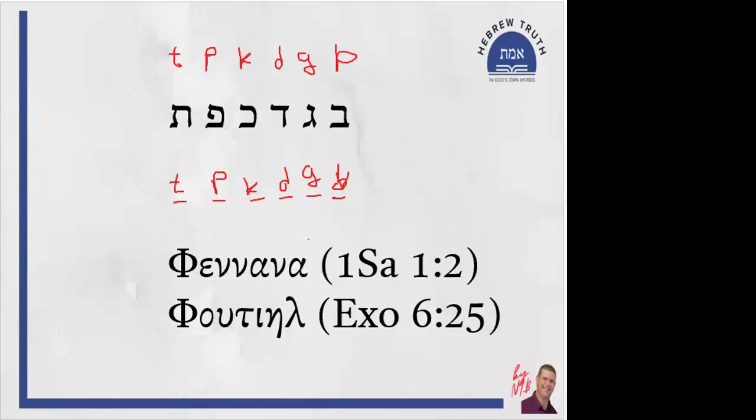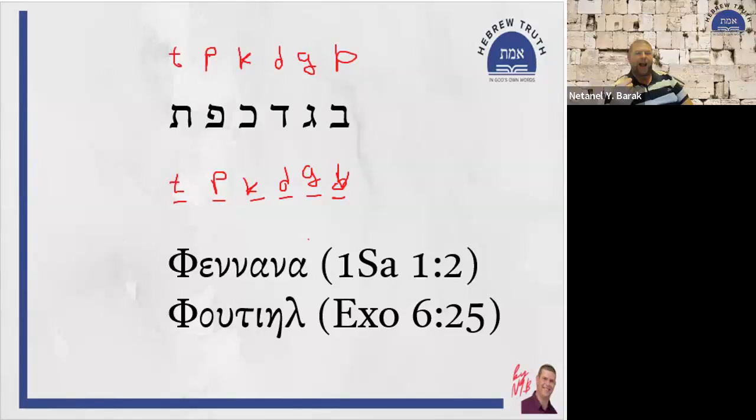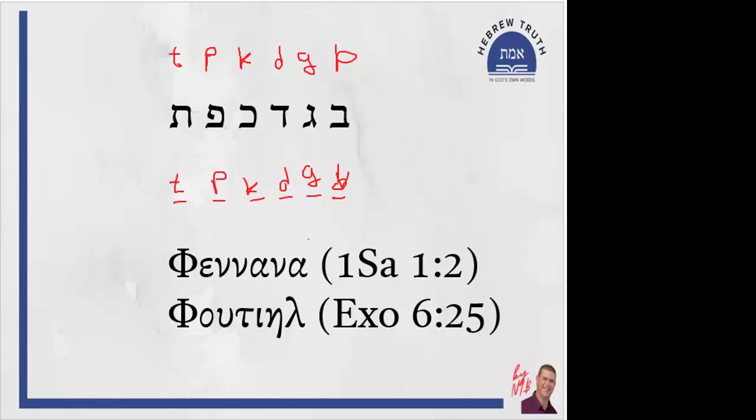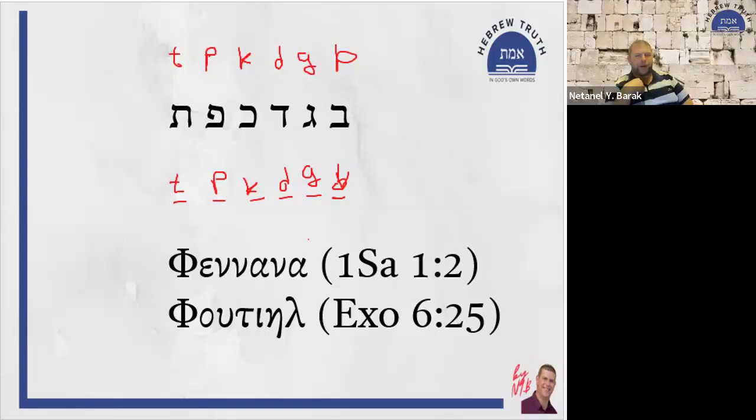Well, if I were transcribing from looking at it, I would have put pi instead of phi. But if I were transcribing from hearing it, I might have put phi. Exactly, which teaches us that our pronunciation of the pe is probably different than that of the people who translated the Septuagint. So if we go back to the 2nd century, let's say, before the Common Era, which is roughly when the Septuagint is translated,